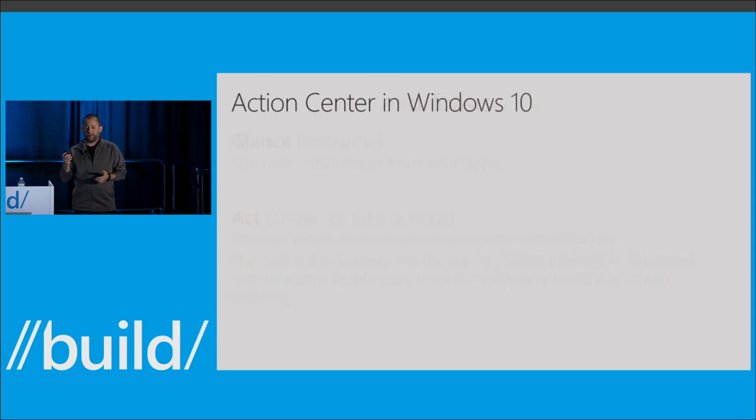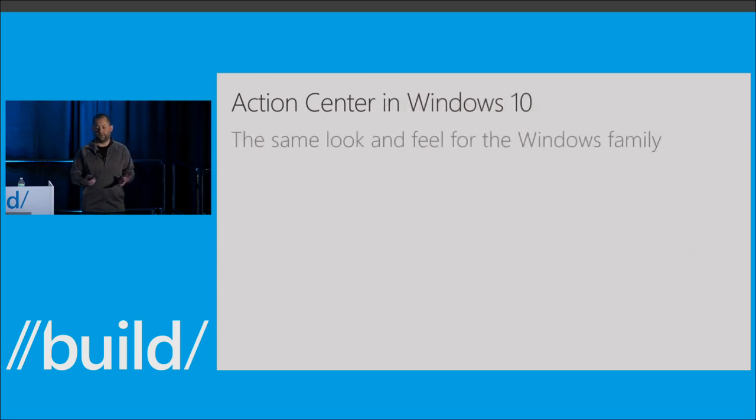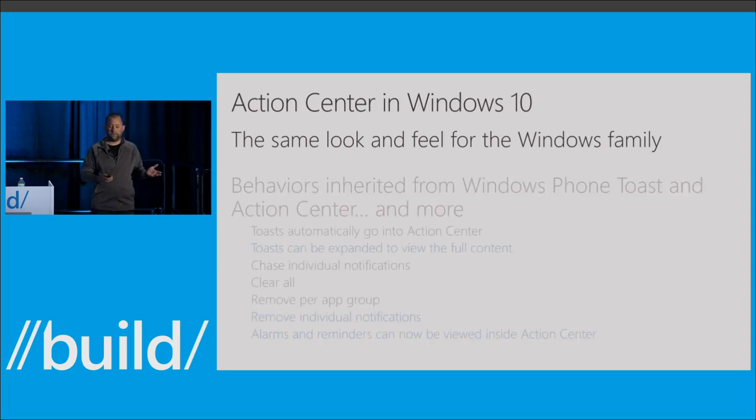So let's see a little bit of how that is actually going to work with the new Action Center in Windows 10 across all of the different SKUs. We have been moving to the same look and feel for the Windows family. You hopefully have noticed that between the mobile builds and the desktop builds, Action Centers are very, very similar. We're trying to be very thoughtful of where you interact with these things. For example, you noticed on the desktop that you can invoke Action Center from the taskbar. You can invoke it from swiping from the right as well, whereas on mobile you pull down from the top because we believe it makes sense to have different interaction models depending on the device type that you're using, optimized for keyboard and mouse versus optimized for touch in some cases.